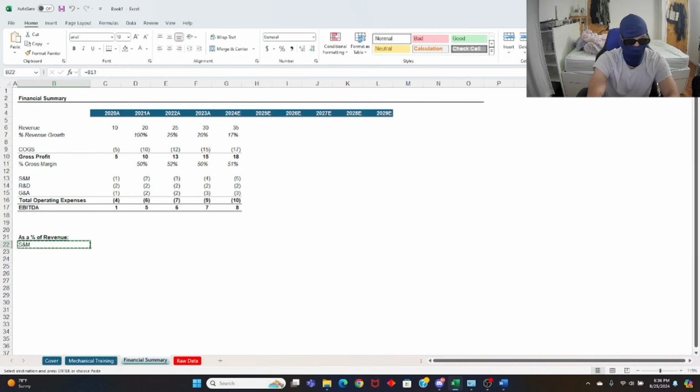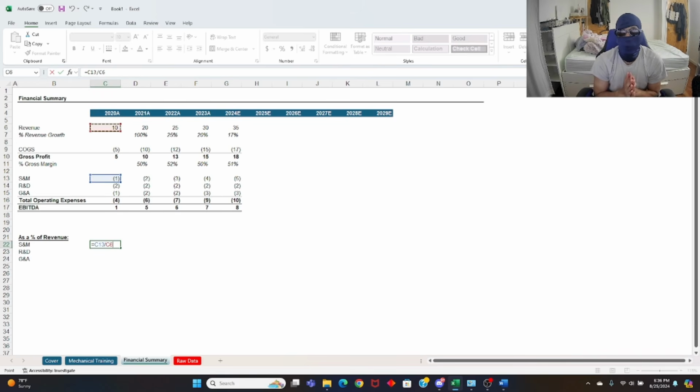And now I'm going to speed up here to show you guys what this looks like in real time. Now, what you guys are going to learn is anchoring, right? Let's say you're calculating as a percentage of revenue. All these calculations are going to be the same, right? What's your S&M as a percentage of revenue? It's 1/10. What's your R&D as a percentage of revenue? It's 2/10, right?